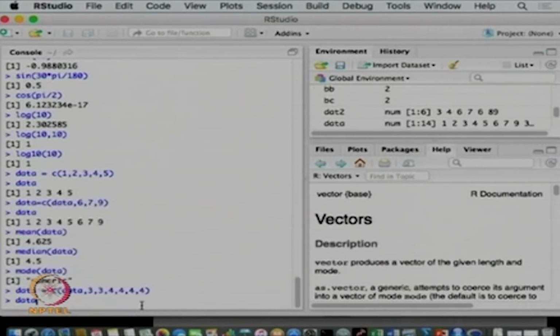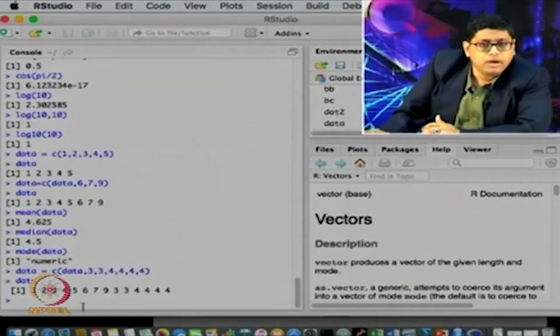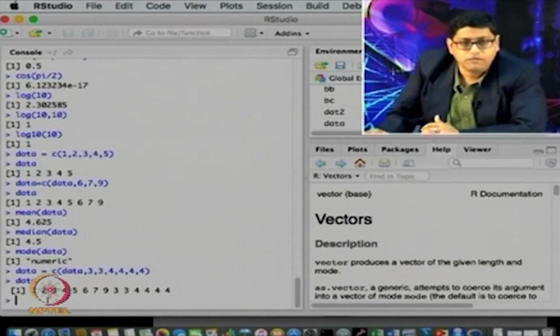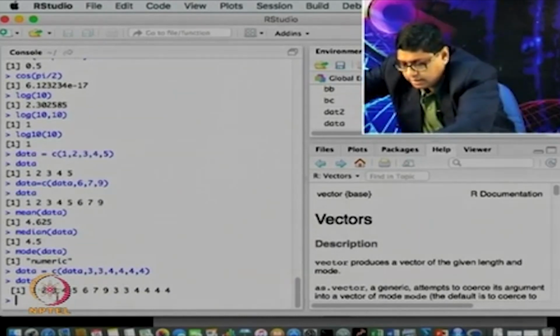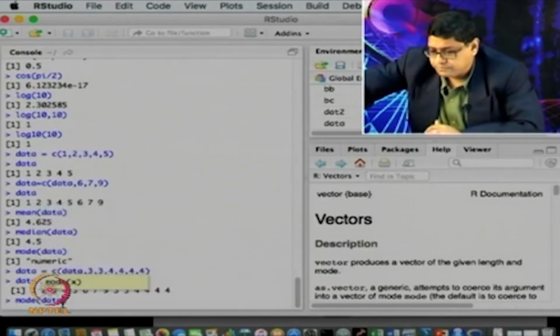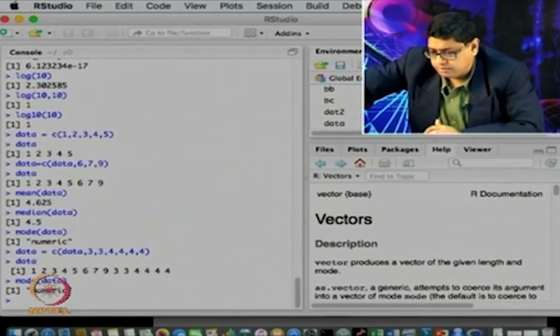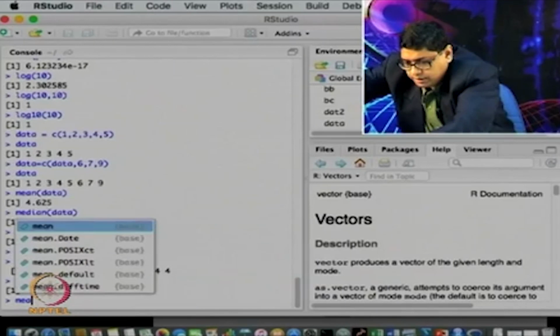but what you can do is write data and inquire its value. So, you have this entire distribution of data. Now, if I do mode of data, it is giving me a numeric value. So, we have to see, because now, let us see median